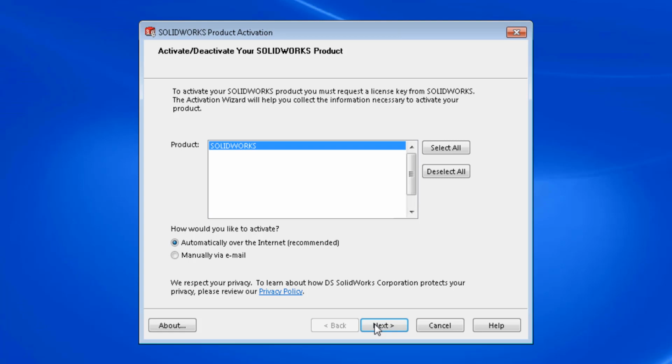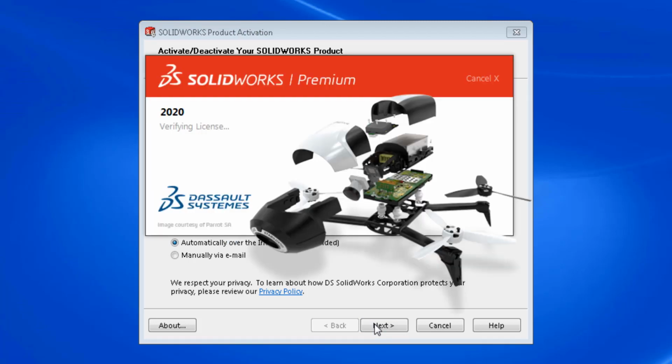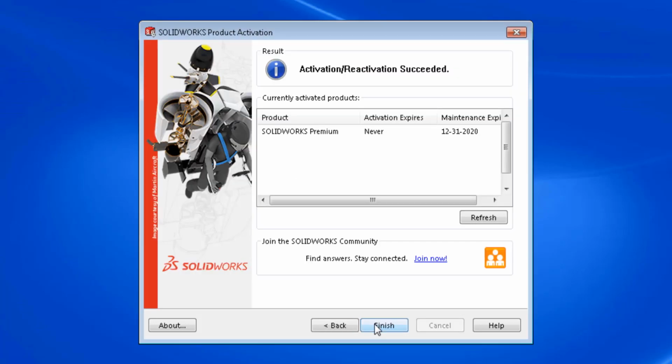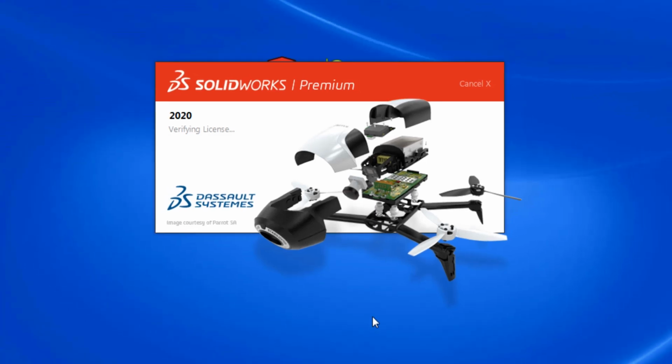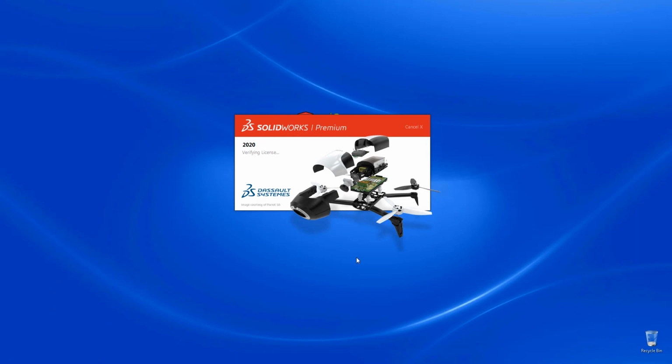Selecting Next on this will connect to the SolidWorks activation server, and within just a few seconds you should get a response telling you the full activation has been successful, and it will give you the maintenance expiry date. This is where your support contract is set to. Depending on whether you have a term or rental license or a perpetual license, you may also have an activation expiry as well. Once it's finished, SolidWorks will begin to launch as normal. And that's it. It's all ready to go. The software is fully activated and licensed, and you won't get that prompt each time you start SolidWorks.